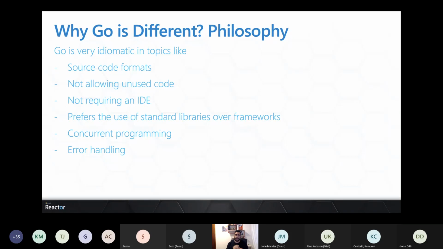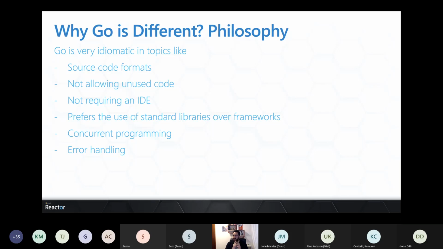So even though the creators of Golang say you don't need to have an IDE, it is a good practice, and it's a productivity feature that we would like to have from using an IDE. So I would recommend using that.